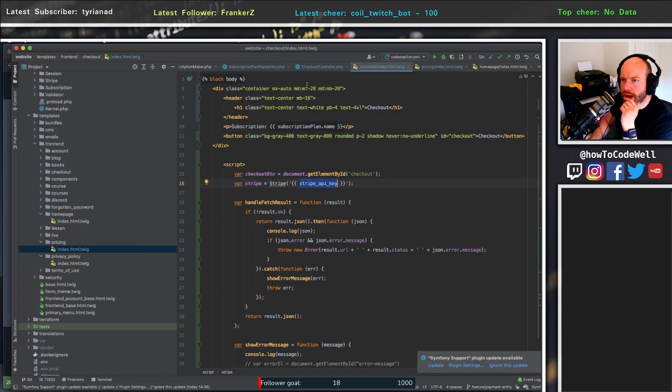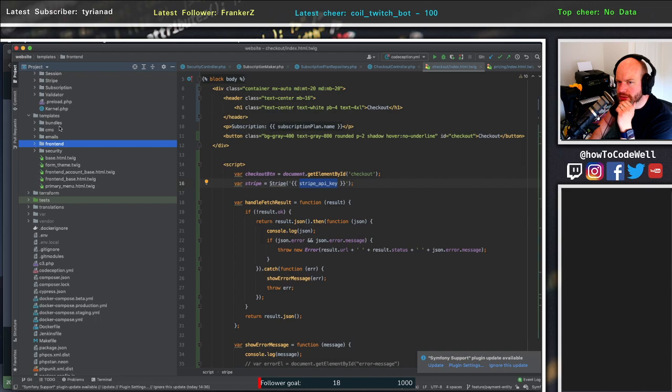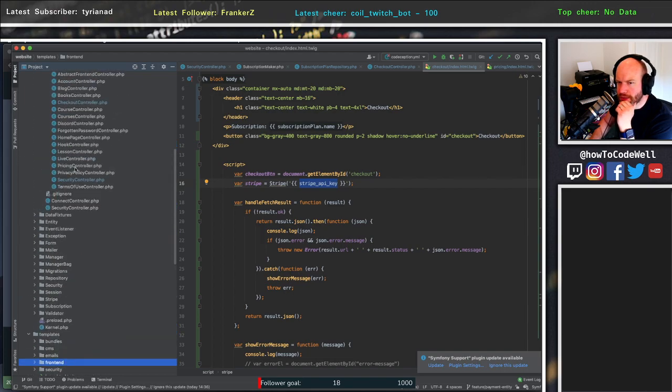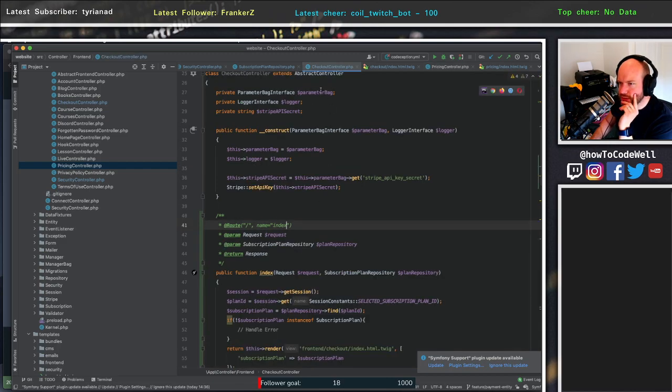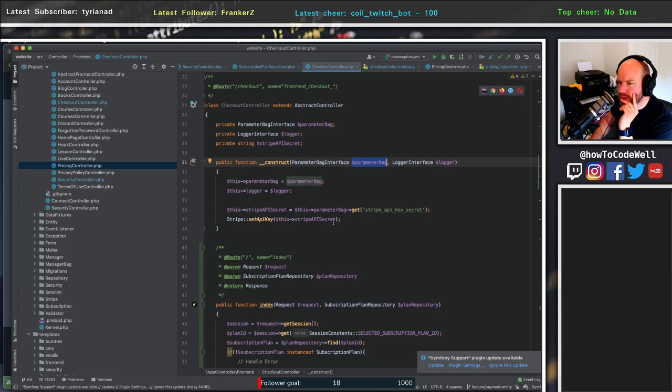So if we went to pricing, have I removed that bit of the thing? If not, I can copy it across. Let's go over to the checkout, pricing controller. Yeah, this is it. Right, so what I need to do in checkout controller, do I have a constructor? I do. I do have the parameter bag. We are setting the API key,